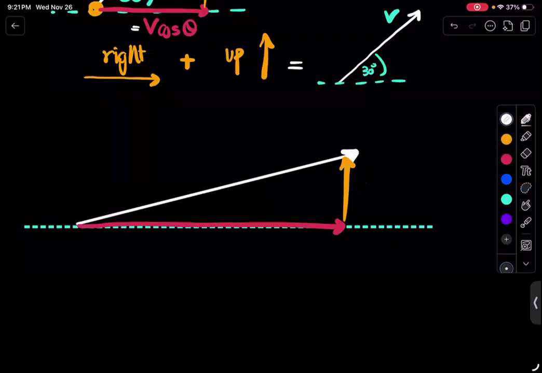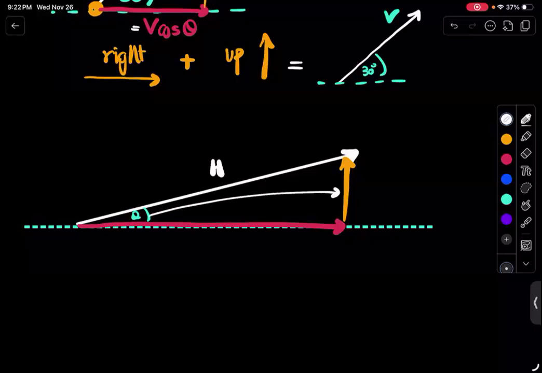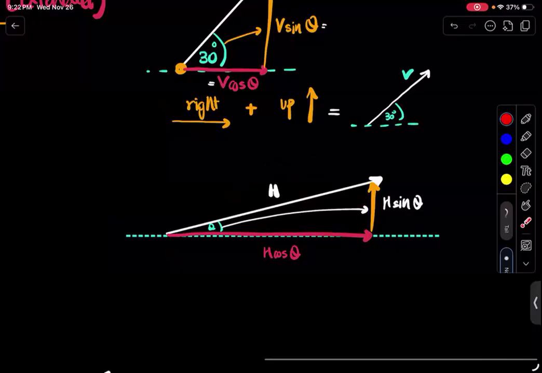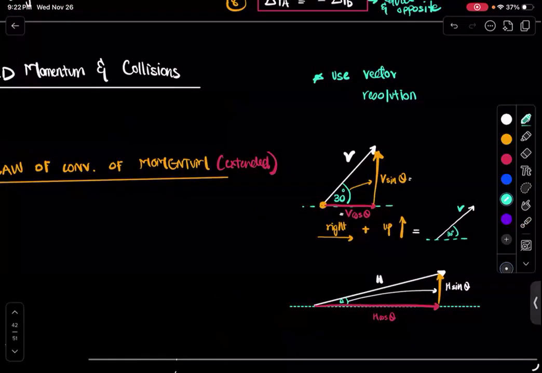Okay, so that means, if this is H and this angle between them is theta, the component that is vertical, how much up the vector is going, is going to be H sine theta. And how much rightwards the vector is going is going to be H cos theta. Okay, so we'll discuss this later in our recap classes, but I believe you should be comfortable with this up till now. Okay.